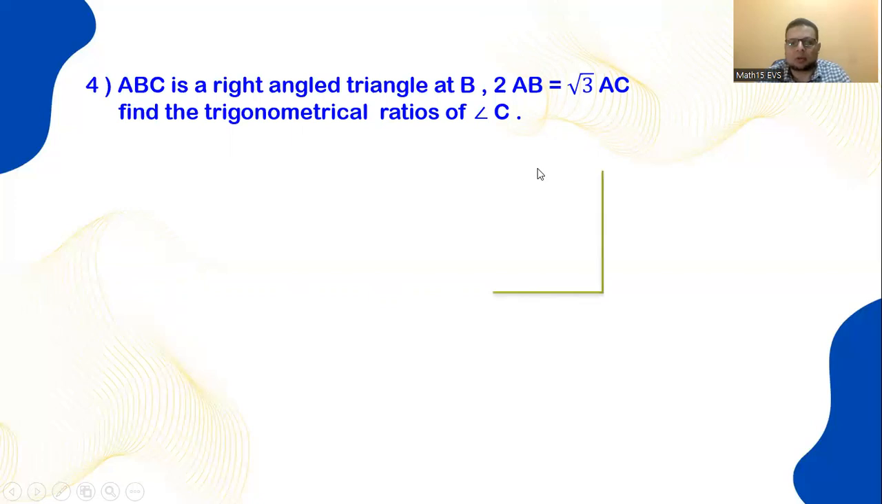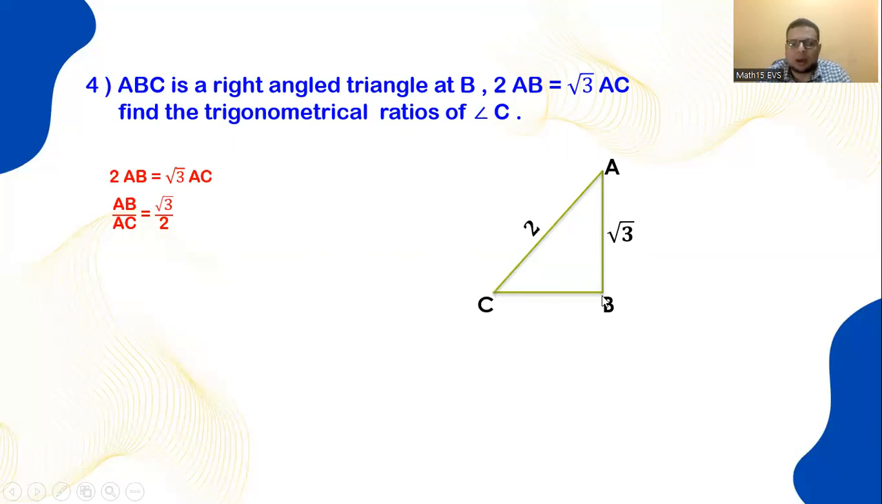But we can draw the triangle now, right angle at B. He said right angle at B. This is A and this will be B. AB to AC equals root 3 to 2, so you can say AB over AC equals root 3 over 2. So you can put the length AB equal root 3, and AC is